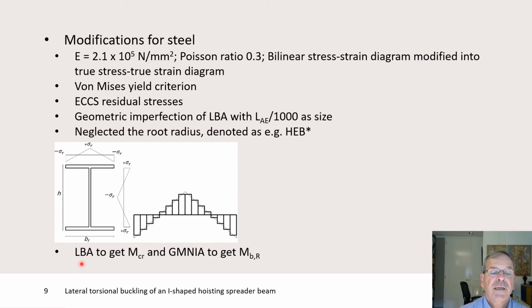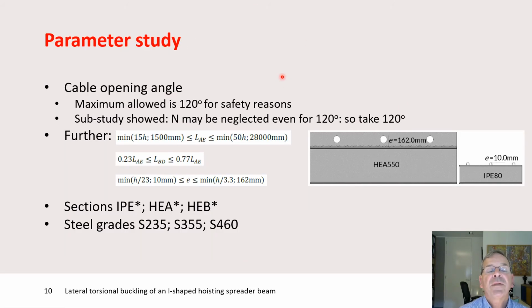We did an LBA to get M critical and a GMNIA to get the lateral torsional buckling resistance. A parameter study was done. An important parameter is the cable opening angle. The maximum allowed value is 120 degrees for safety reasons. And the sub-study showed that even in that case, the normal force may be neglected. So we could conservatively take an opening angle of 120 degrees, and that is what we used in all our